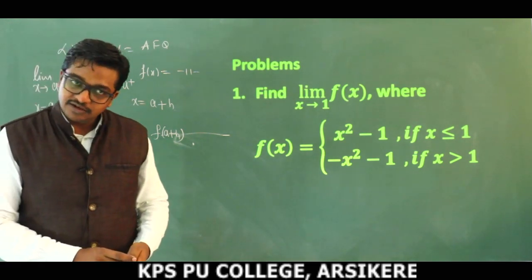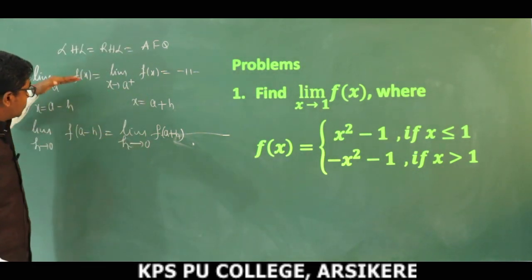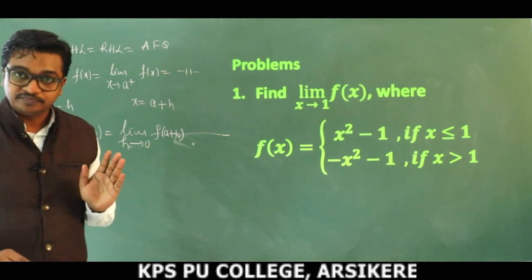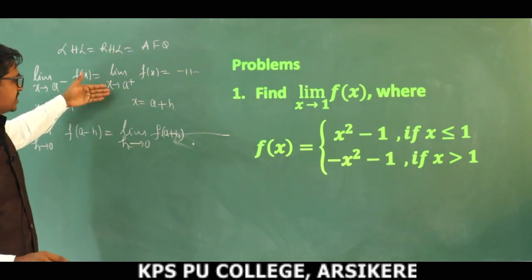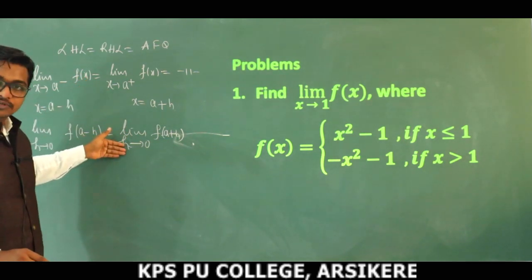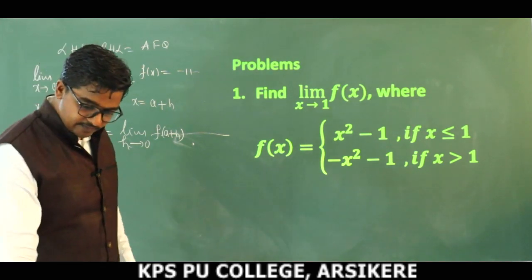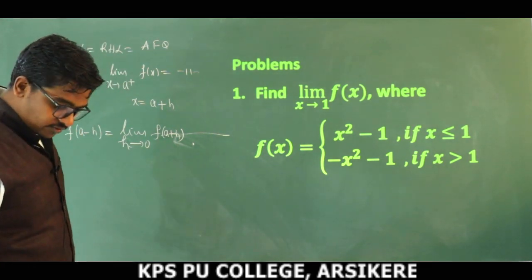This is the method. Is it understood, children? So here either go with the first or second method. In both cases we get the solution. So better to follow the first one. This step 2 is not that much important. You can directly apply the limit there. Okay. Now discuss this problem.